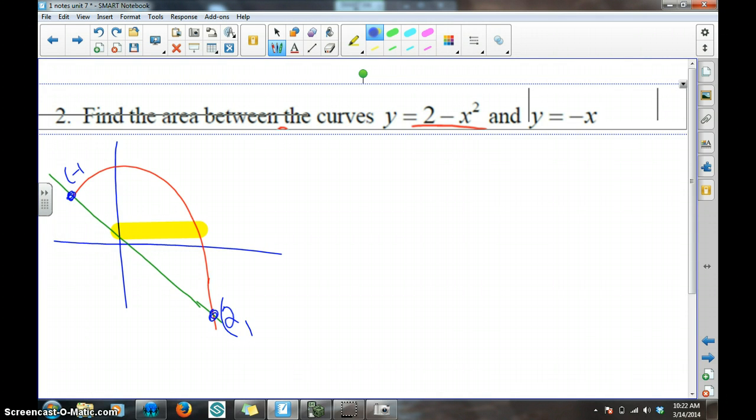Now, one of the reasons I'm showing you this is because there are particular scenarios where a vertical strip is easier for you and a particular scenario where a horizontal strip is easier for you. In this case, a horizontal is harder. But I just want to show you what harder looks like. Okay? First things first, if you're going to be integrating with respect to y, the one you're going to integrate with respect to,